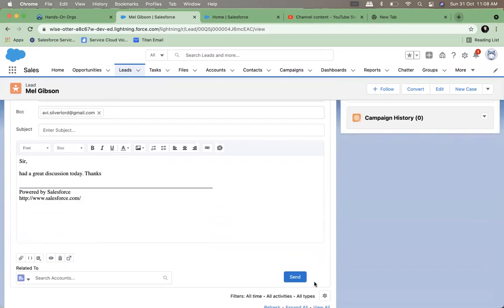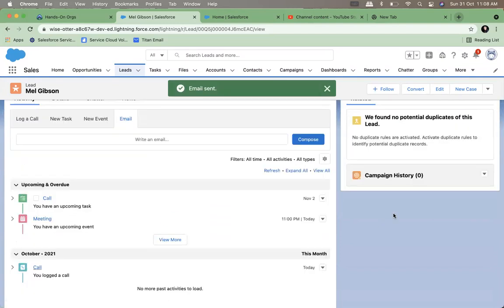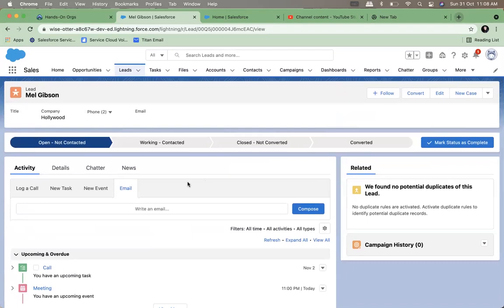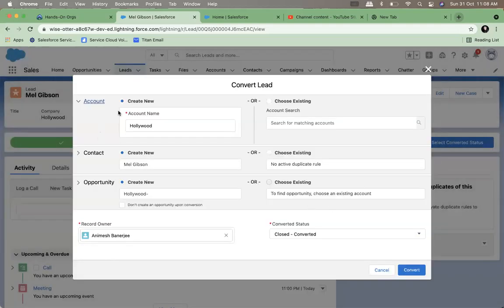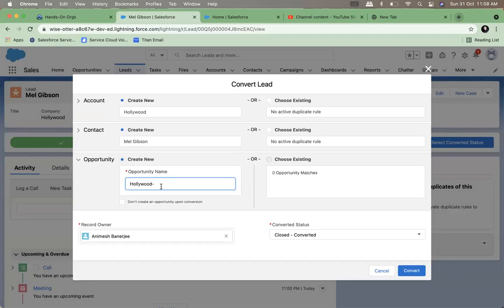This will directly send a mail to him. So this is how we are working on a lead. Then I will say I have contacted this person. Then he has asked me to now talk about the deal. When the deal is being created, I have a discussion, and Hollywood is buying shoes from me, right? So Hollywood October order, or this is November. Think about this. This is the November order.